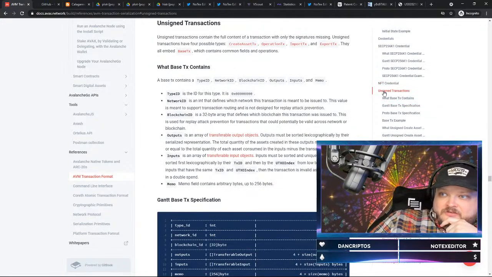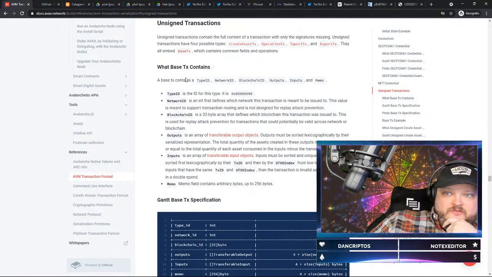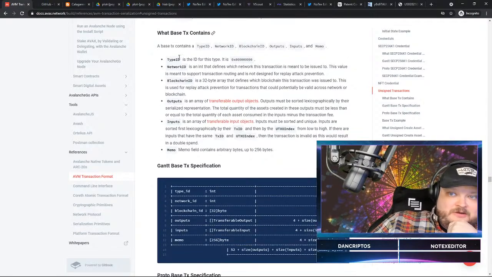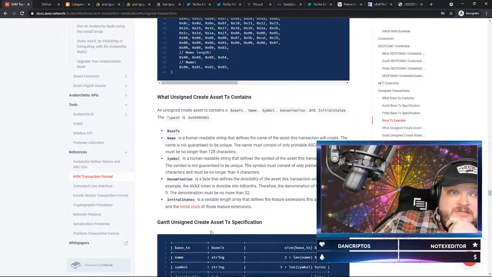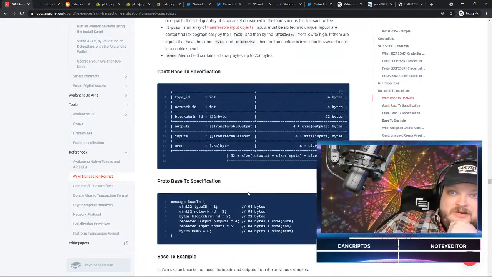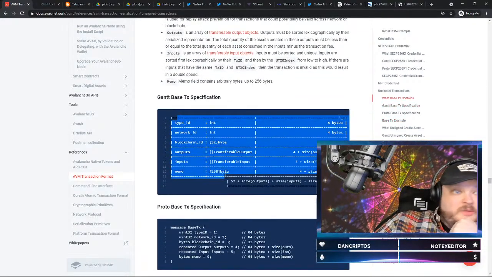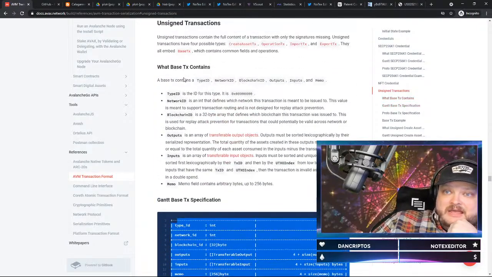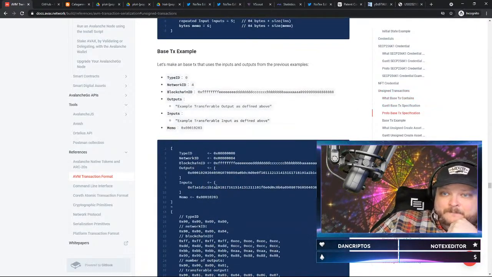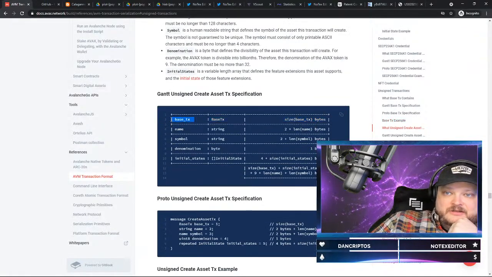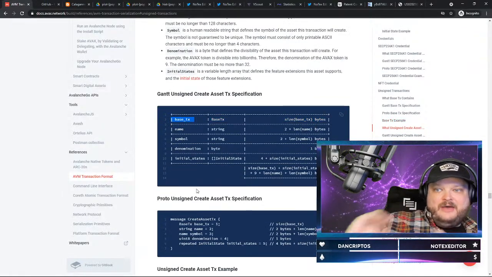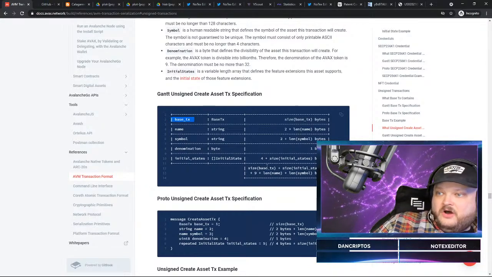And then you've got unsigned transactions, and there's all sorts of different types of those. You've got your base transaction, which you reference in other places. So actually your base transaction is sort of the starting point to look at there. You can actually see that a base transaction is included in, say, a create asset transaction, right? It's the base of how that would actually work. But that's not true for all transactions.